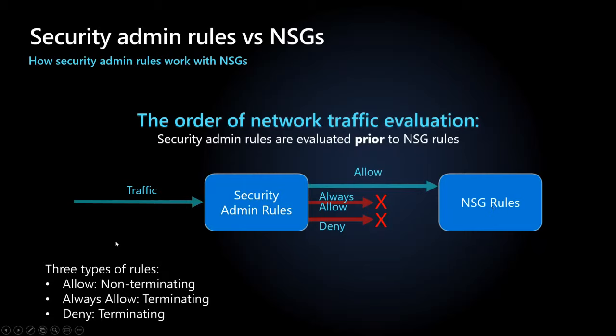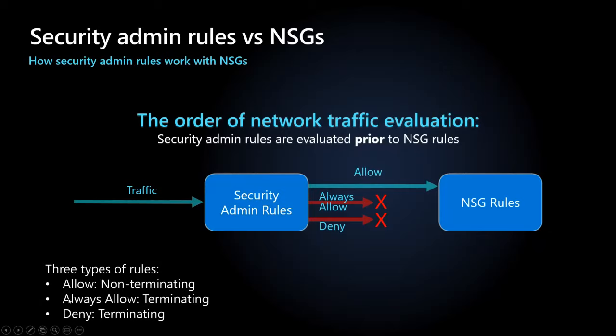So as you can see from this diagram, when the traffic comes to secure admin rules, we have three kinds of rules in secure admin rules. So in NSG, you have allow and deny, and in secure admin rules world, you have three kinds of rules,